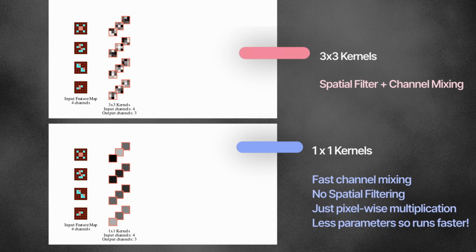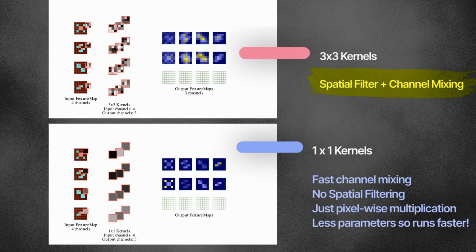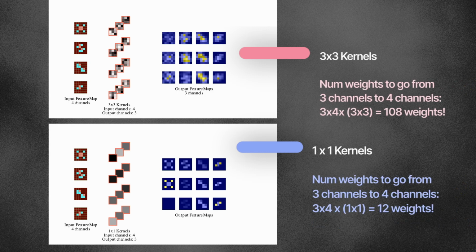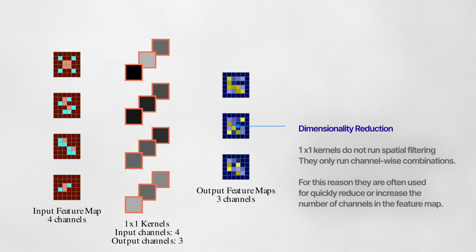Also notice that a larger kernel like a 3x3 kernel does the channel mixing too, but it also does spatial filtering. 1x1 kernels do not do spatial filtering. It only does channel mixing, and it does so very efficiently with a low number of weights. A 3x4 grid of 1x1 convolution layers trains only 12 weights, but if there were 3x3 kernels, we would be training 108 weights. The reason why GoogLeNet uses 1x1 conv layers is to do dimensionality reduction, which is to reduce